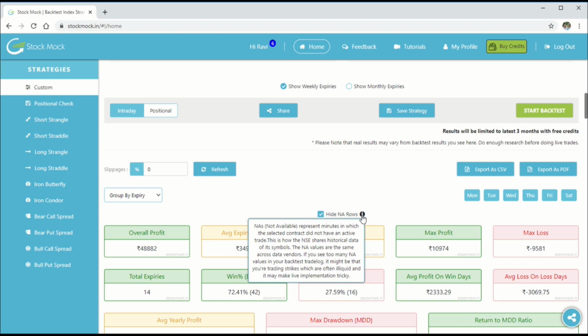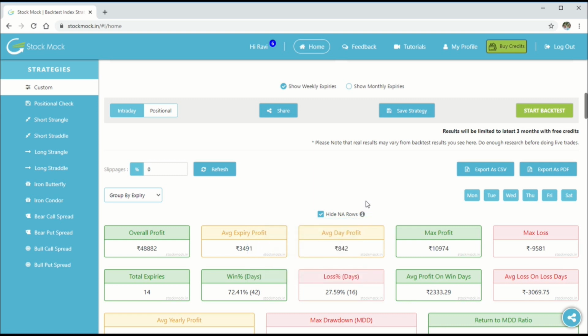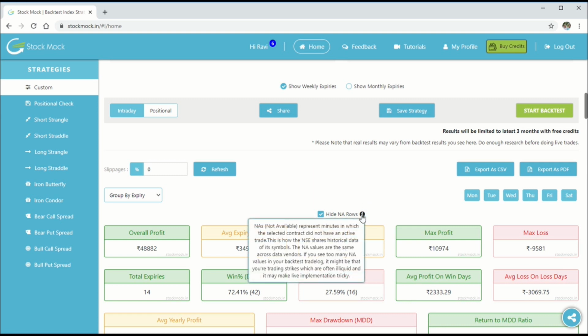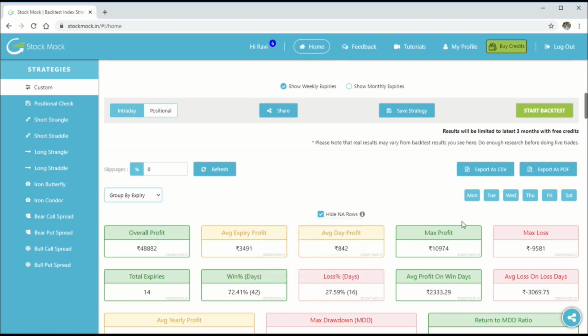So you might end up seeing the same problem in any of the platforms that you use for backtesting, right? You can also assume that when there are too many NAs in your strategy, it means that the particular strategy may not be liquid enough. So it might be very tricky to implement this strategy during live trades, right?